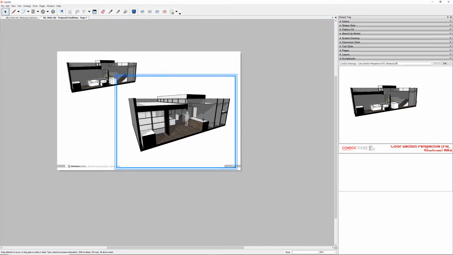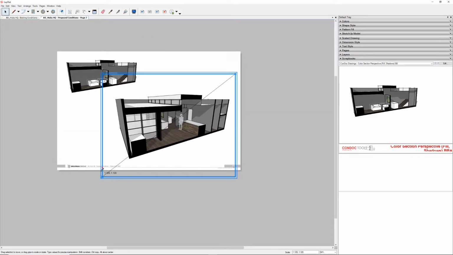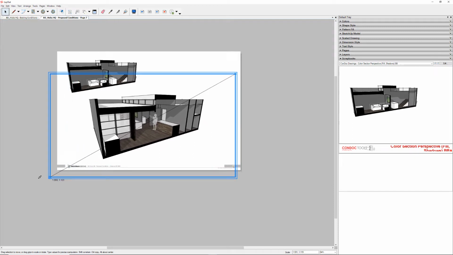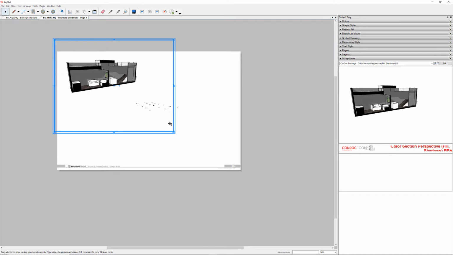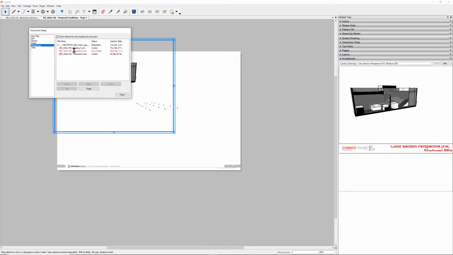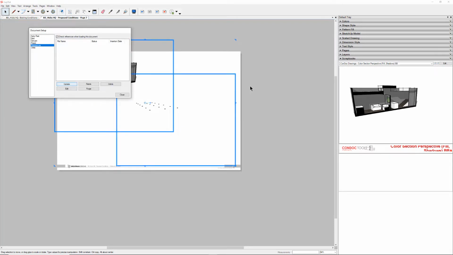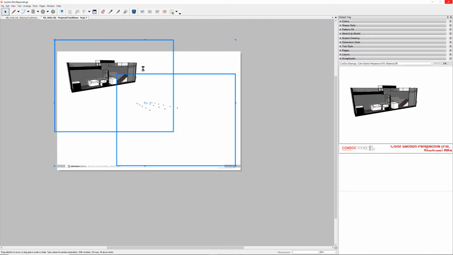Like that. This is the main section. I can scale this out like that. Let me update my reference. Update that. Since that reference already existed, we got to reload it first. All right, so now we're